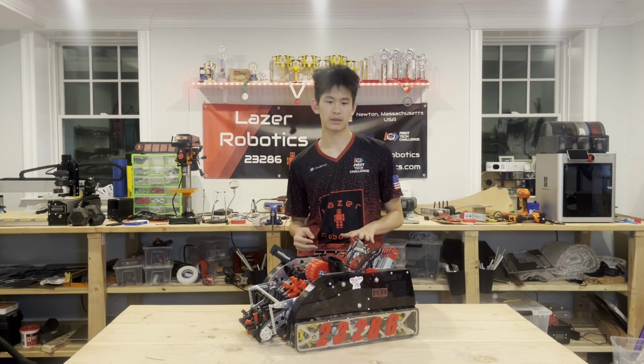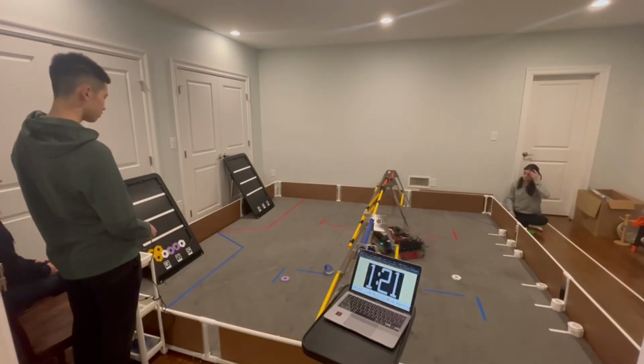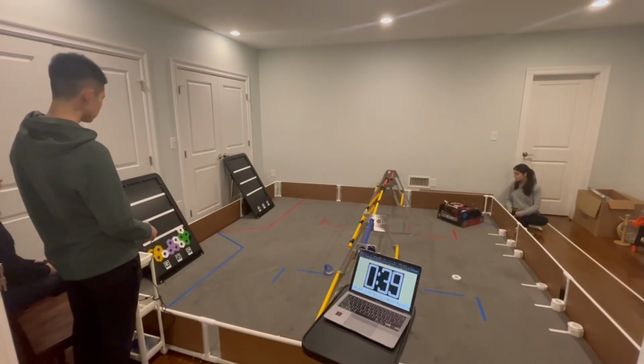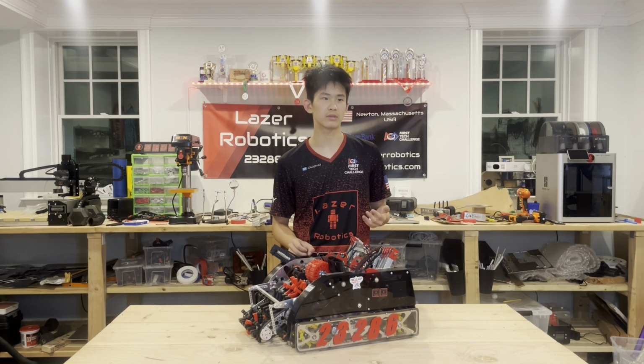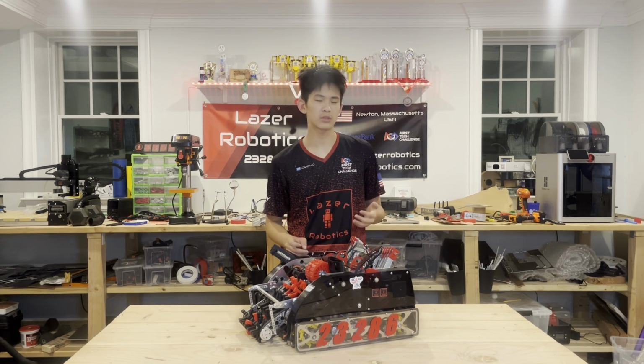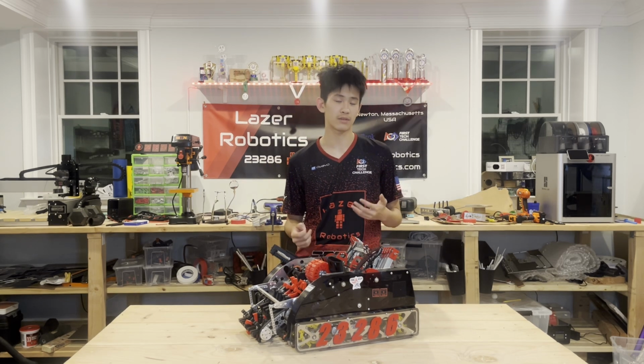The first nice thing about this robot is the height of the robot. It fits under 12 inches, which means it can maneuver around any part of the field in this year's game, Center Stage. This was particularly important at local levels, but in international competition or high levels of competition, it wasn't really a great advantage. But at local levels, it was a key feature that gave us a lot of